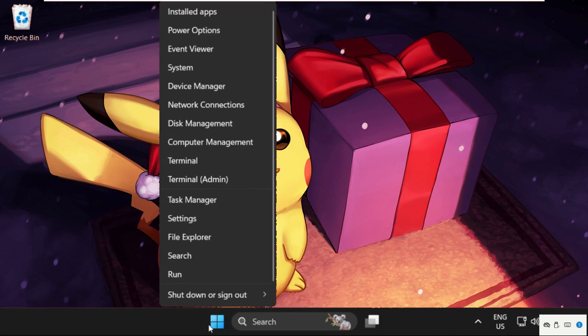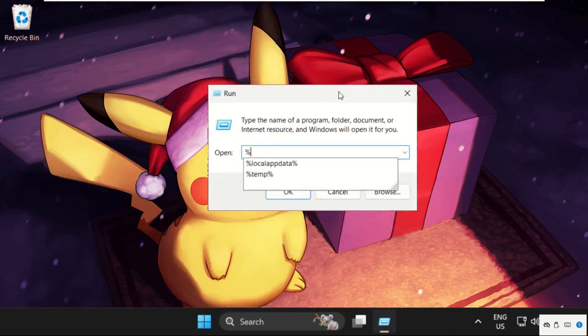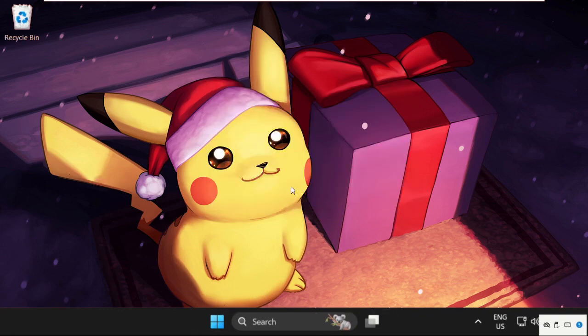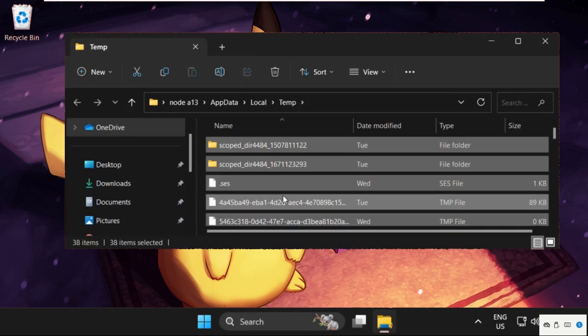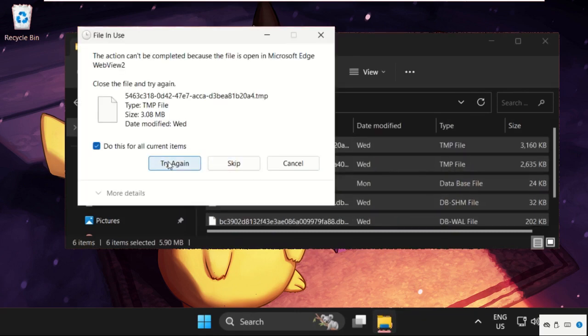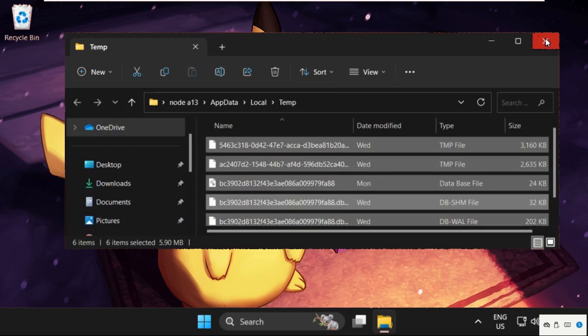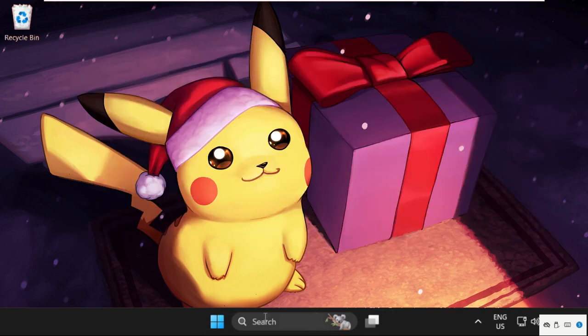You can just right click here and select Run, and now type here %temp% and click on OK. So select all these files, right click on them and select delete. So delete some files and we need to skip other files, so simply close this window, then just go to